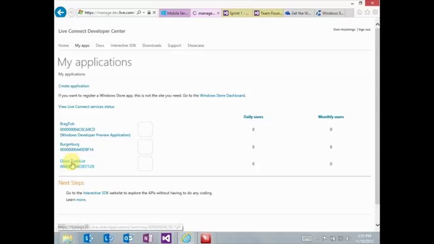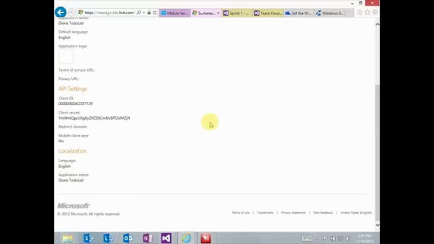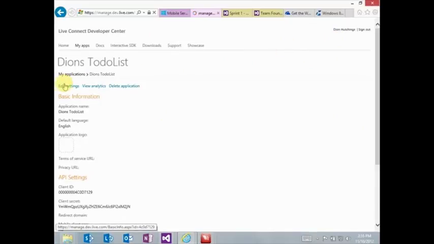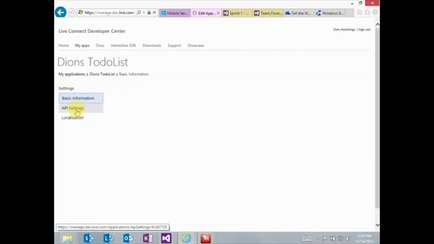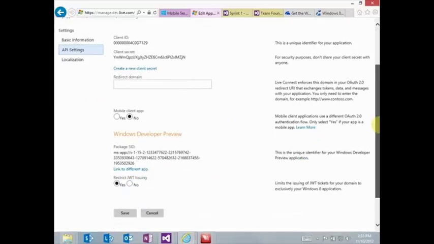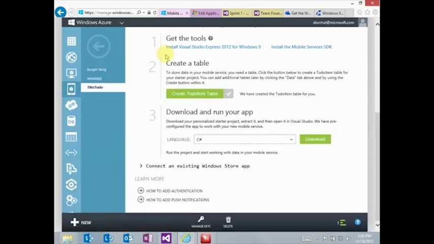So let's go in here, and I want to edit. It's edit settings and API settings, and there's two very special numbers that I need to tell Azure Mobile Service to connect push notifications. So we need the client-side secret. So now if I go back to my